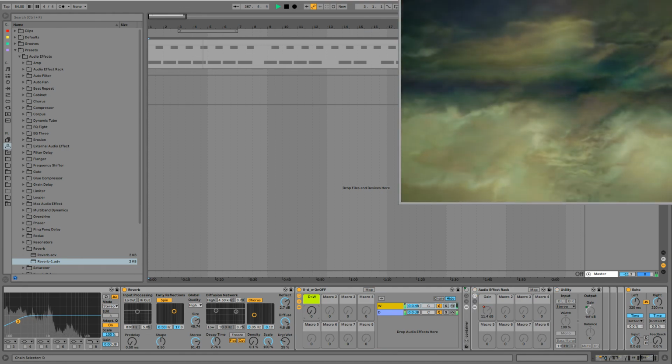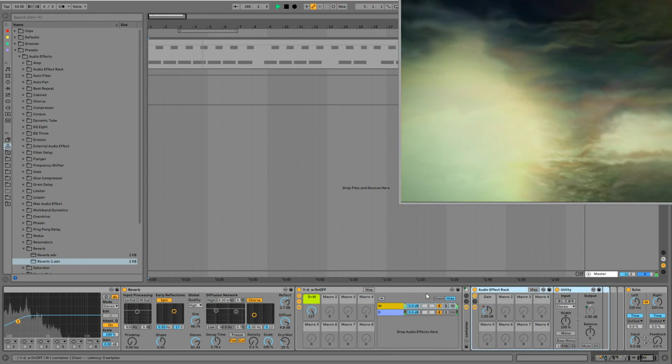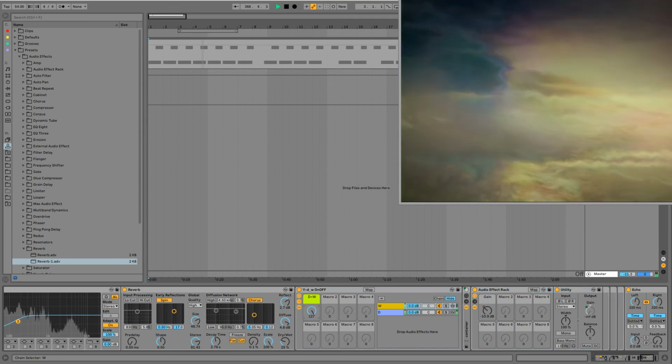Adding a wet and dry to that. You can nest groups as deep as you want to go. You can get pretty insane with it.